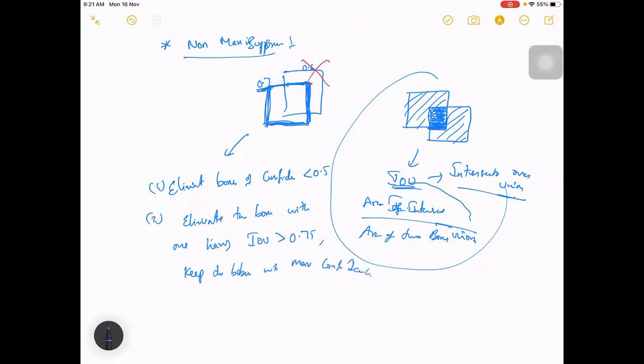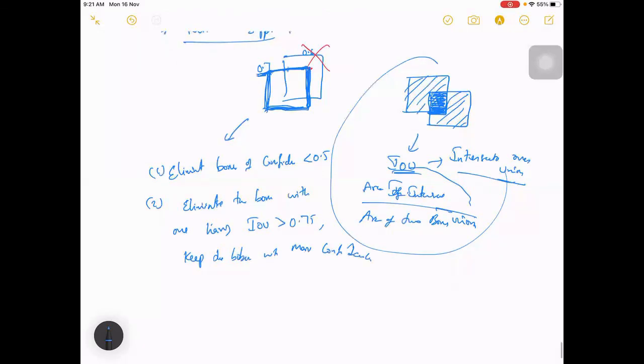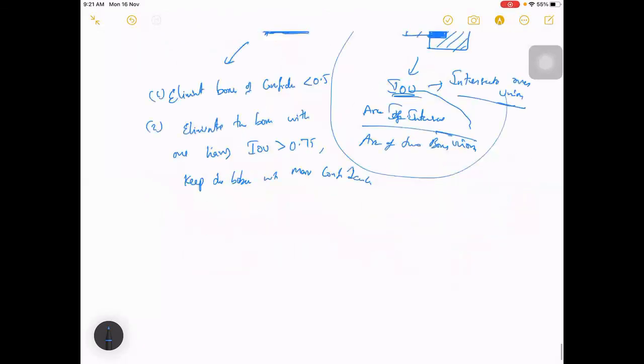So likewise, in case in an image you have a box with some score, you have one more with a 0.2 confidence score, and this one with 0.6. Let's say we have something like this.